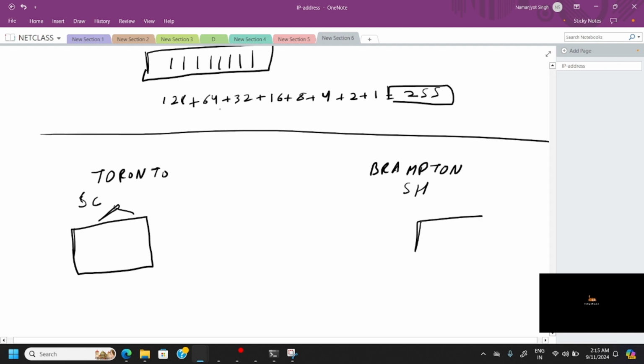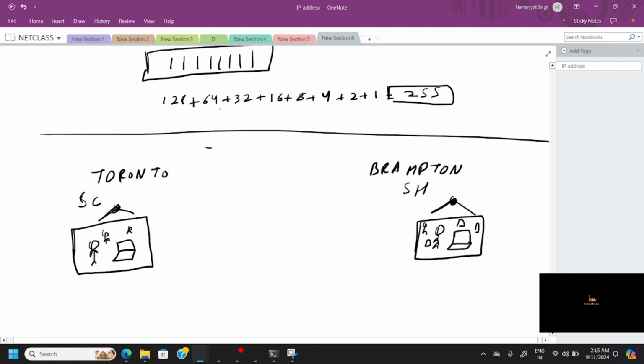He has his own office here. There is an employee, and a lot more employees we have, and a lot more nodes we have. So